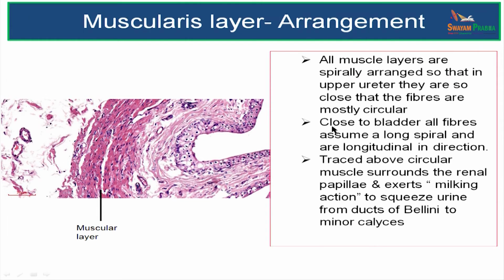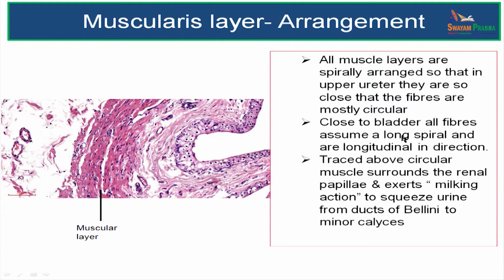So, if you look at all the muscle layers in the wall of the ureter, it is spirally arranged, so that in upper ureter they are so closely arranged that the fibers are mostly circular. Close to the bladder, all the fibers assume a long spiral. They are lengthy spiral and or longitudinal in direction. So, upper ureter it is mostly circular and lower ureter because of the long spiral fibers it is longitudinal in